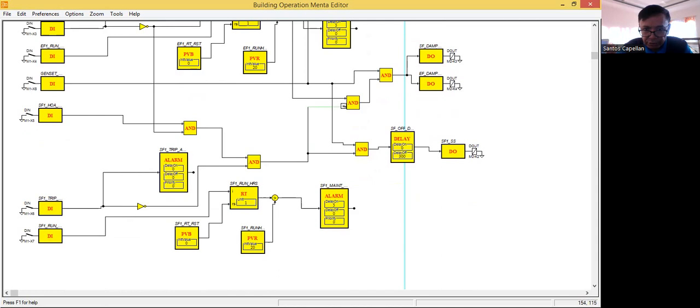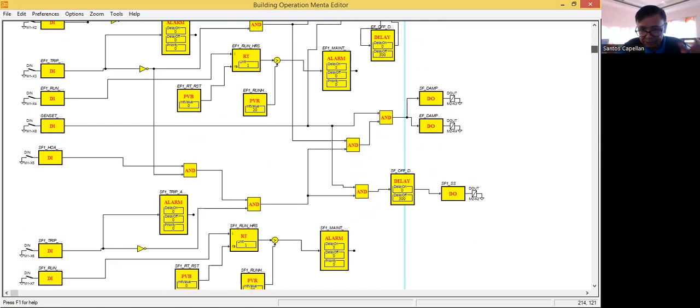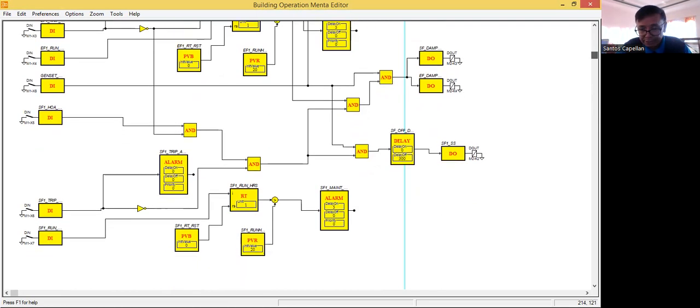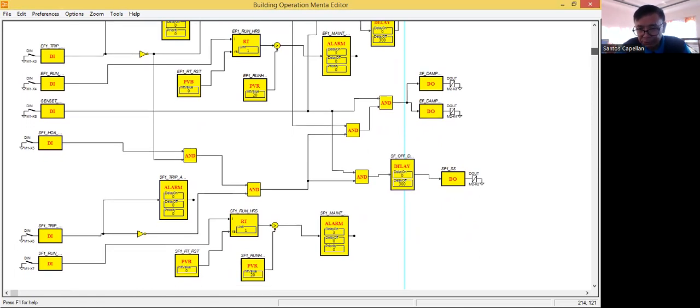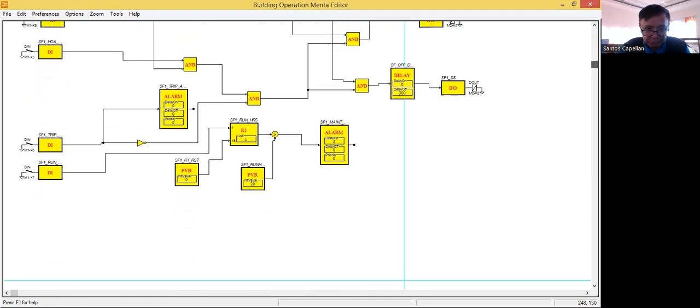Then use it for my logic. Okay, so this one will represent the damper control. I will say you don't start the fans when we have not received the open status for the dampers. Okay, so likewise I need to